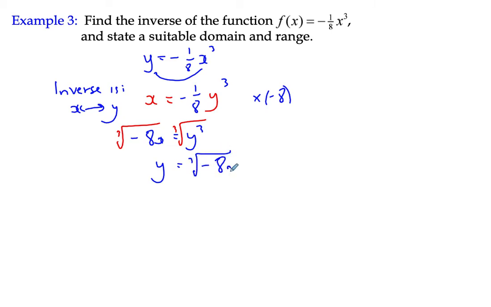Now interesting, you might think, oh, a negative number under a root sign, but of course it's a cube root sign. And so if we were to split that up into the cube root of negative 8 multiplied by the cube root of x, you might remember that the cube root of negative 8 is negative 2. And so we end up with that expression here, y equals negative 2 times the cube root of x,